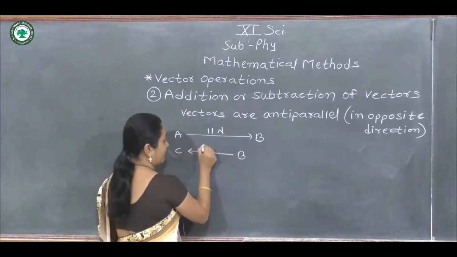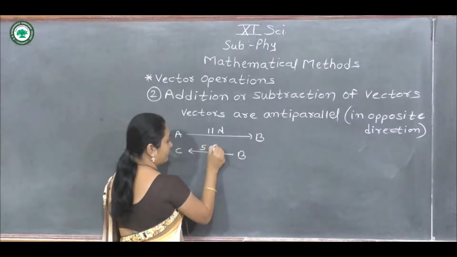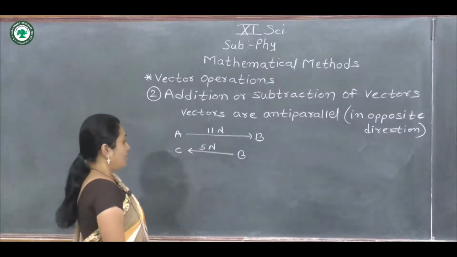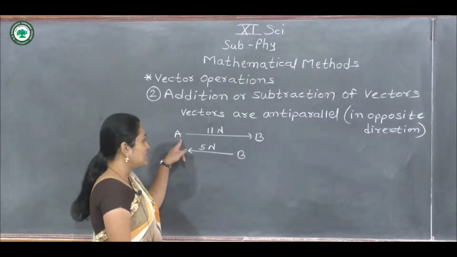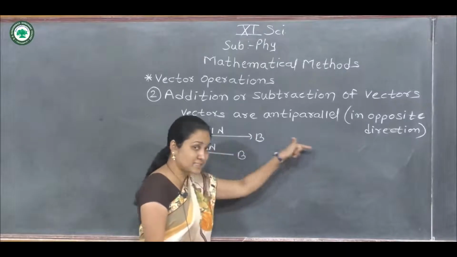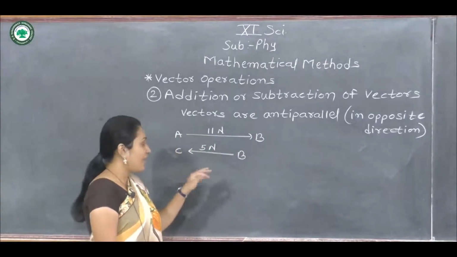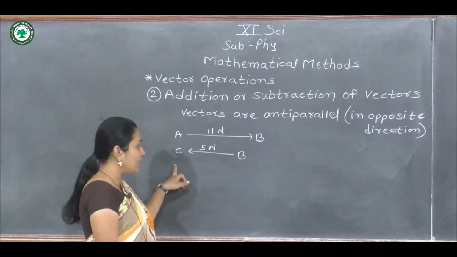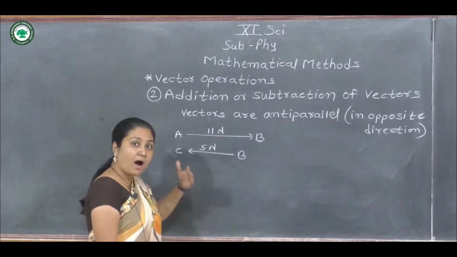Suppose it is a 5 Newton. Now this vector AB is moving in this direction, and the second vector, that is vector BC, is moving opposite